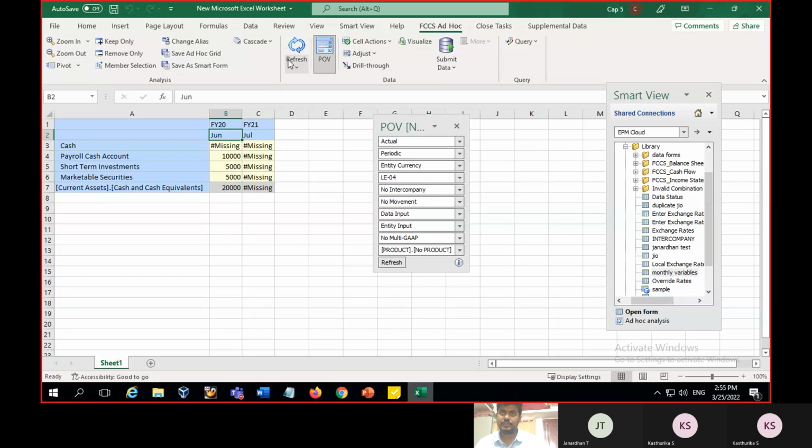And go to Smart View. Then you can click on refresh. Click on enter and refresh it. So it shows FY22 because I have changed the value in the substitution variable. Likewise, we can change the substitution value for regular periods. And I am going to change June to Jan. So you can refresh it